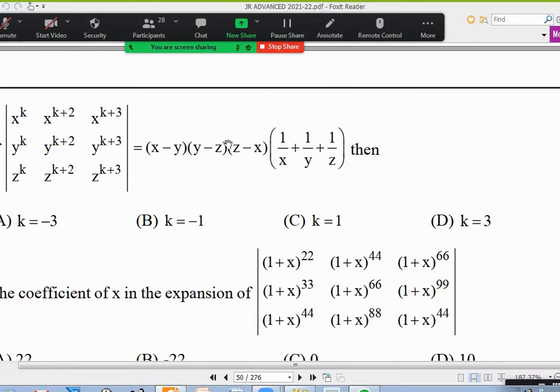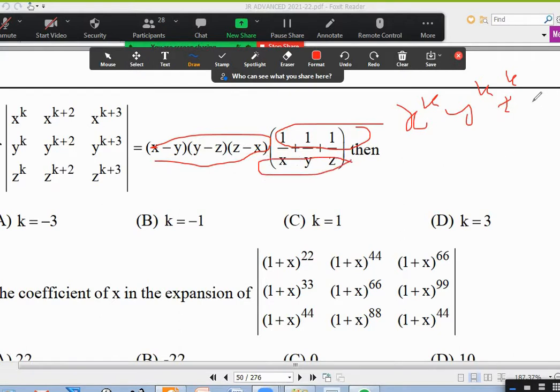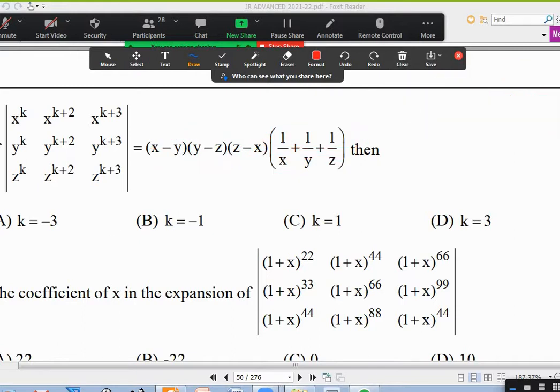And whereas in RHS, we have the same thing, but the extra denominator xyz was there, right? Yes, sir. You are right. Okay, that's good. Yeah, this explanation is good. In LHS you take x power k common, y power k common, z power k common. The rest of the determinant is this thing, and the numerator of this is xy plus yz plus zx. That extra xyz must be equal to xyz whole power minus 1. So that k must be minus 1.